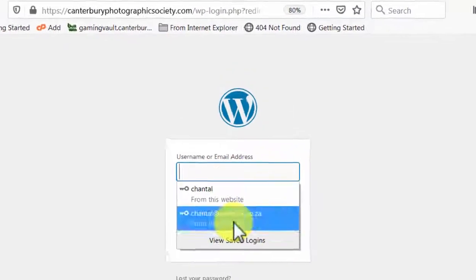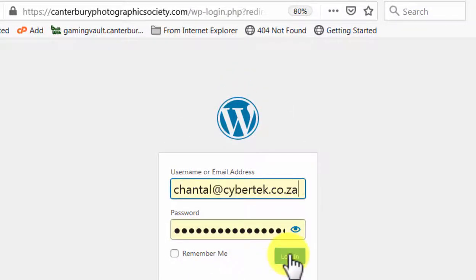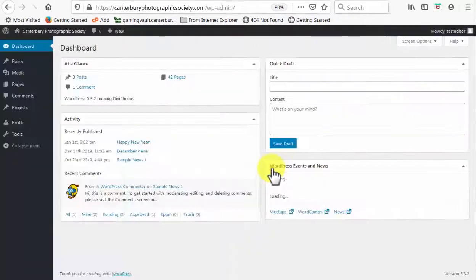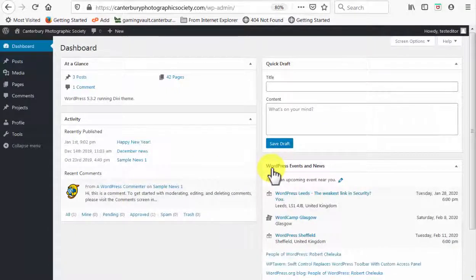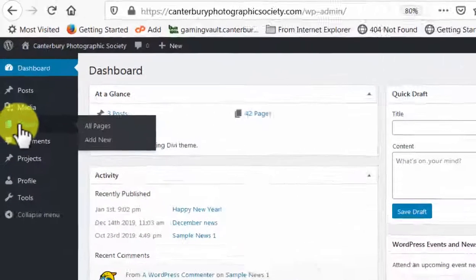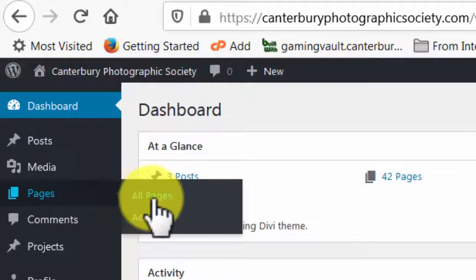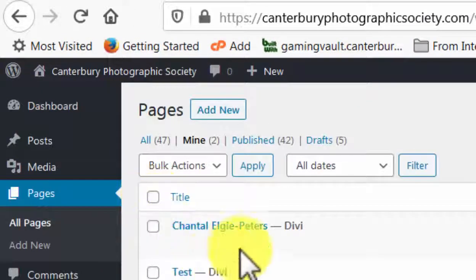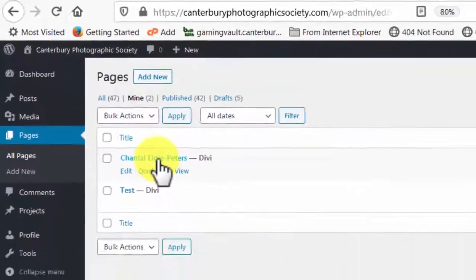And that's going to take you to the login page, which allows you to log in to the back end of the website. So with the username and password that I have supplied you with, you will log in, and this is what you're going to see on the back end once you log in. Now don't let that overwhelm you, it can be a bit scary, but what you need to do is go over here to pages and click on all pages, and you'll see that you will just have your own page listed over here. So you'll then click on that page,